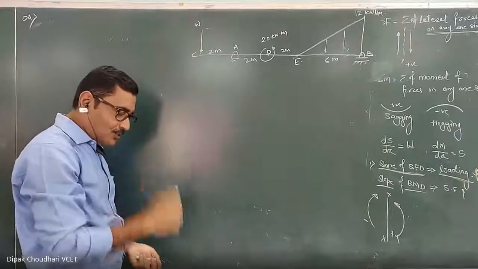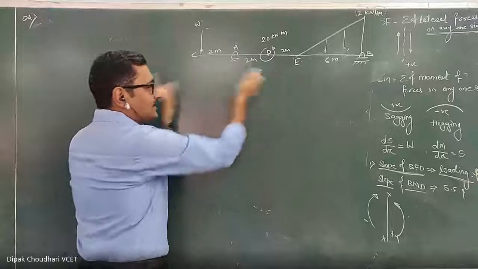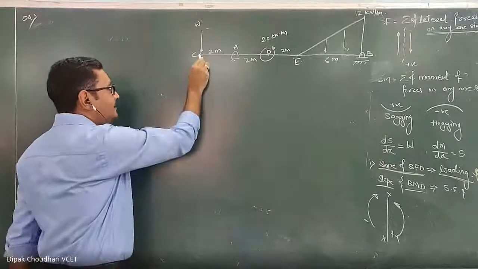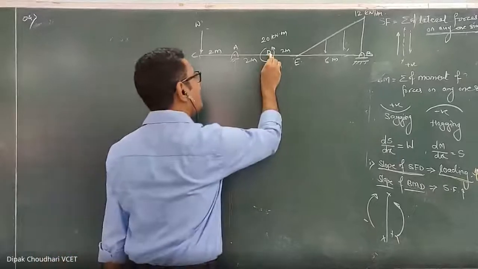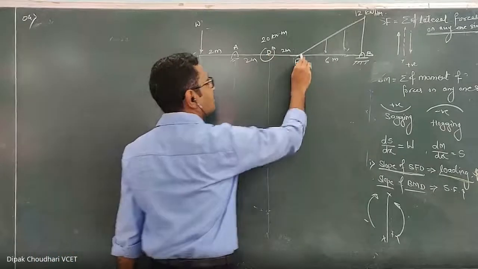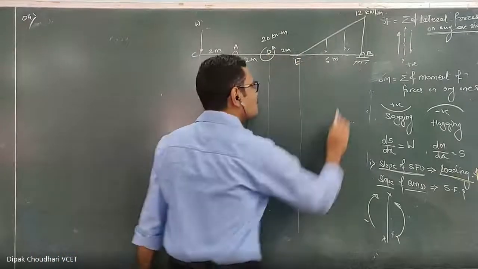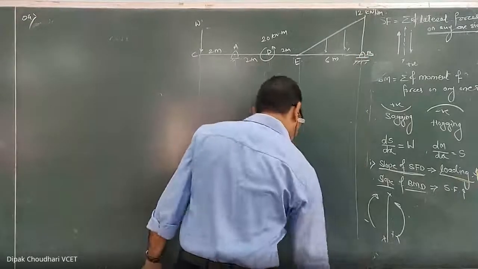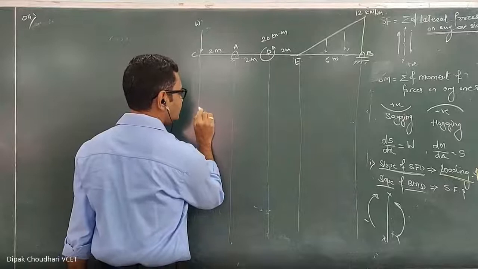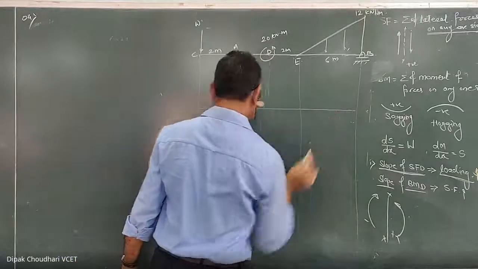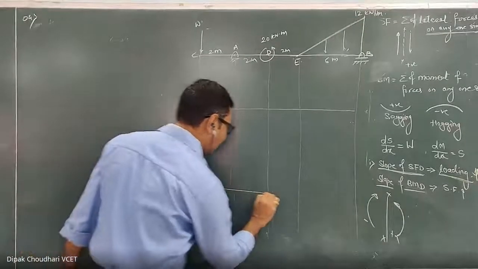Now before starting that, what I am suggesting, draw this figure on the left hand side page, and below this leave space to draw the shear force and bending moment diagram. These are the key points where the shear force and bending moment equations are changing. So I will project these points in the shear force and bending moment diagram. This is the baseline to draw the shear force diagram, and this is the baseline to draw the bending moment diagram.